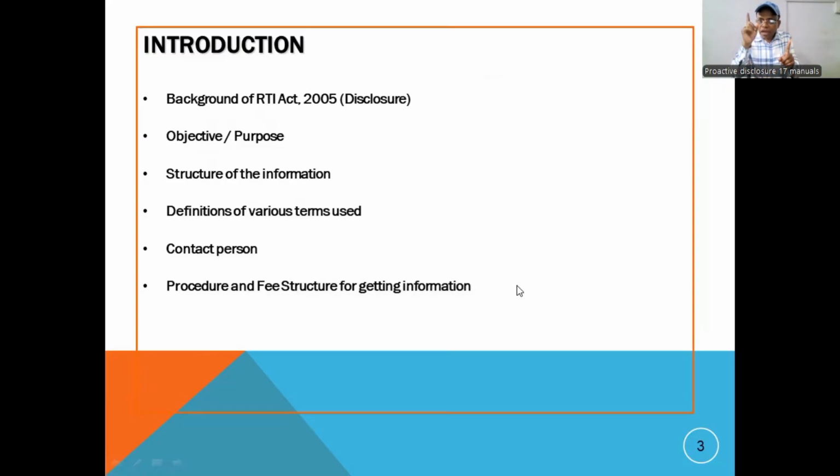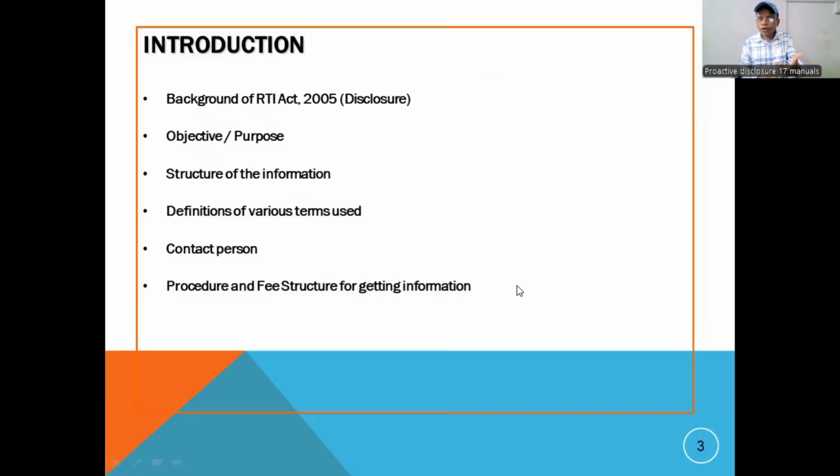But whenever I am visiting the website, some of the public authorities have given their data as per the rules 2025, as per the act 2025, that is written and seen. It is not like this. Here, as a public information officer, the data that should be reflected is the background of RTI. When this RTI came into existence, what are the main objectives of this RTI? What is the background? That should be reflected under this introduction chapter.